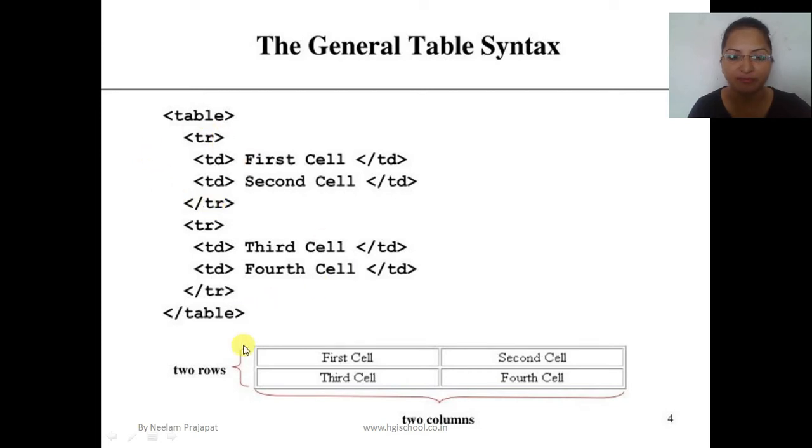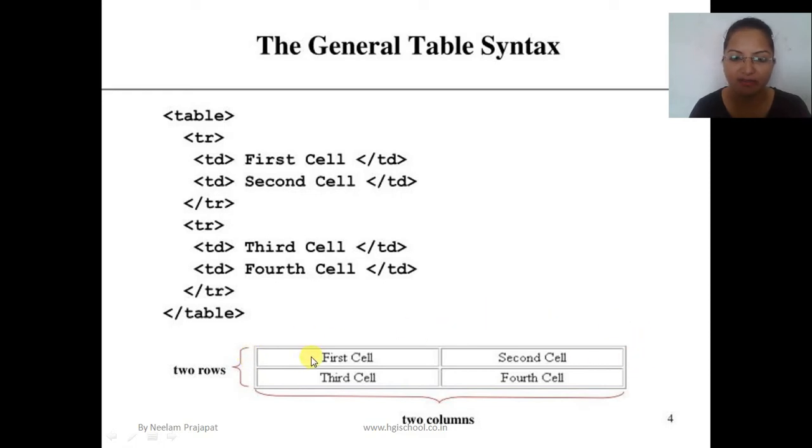Now in the first row you can see there are two data, two TD. You can see there are two table data, first cell and second cell. So here you can see in the first row we have taken two TDs. Got it? So it's very simple. Table tag you have to start in the beginning. Closing tag you have to write in the end. Then in the first row you have to write TR. Then you have to close TR here.